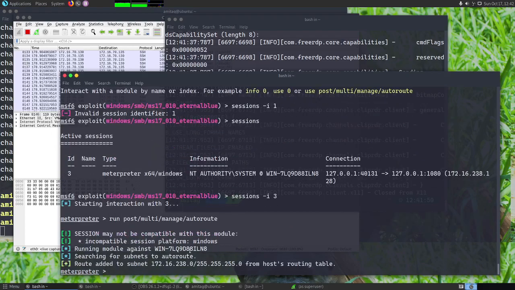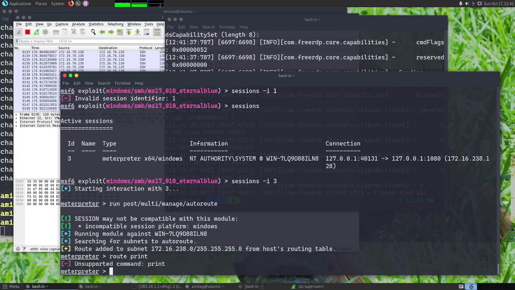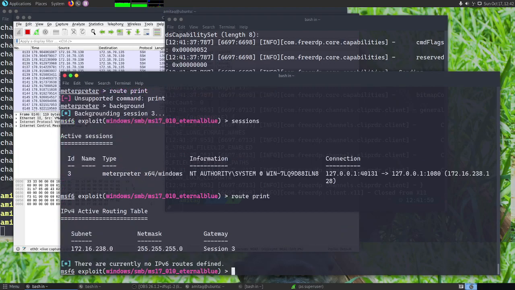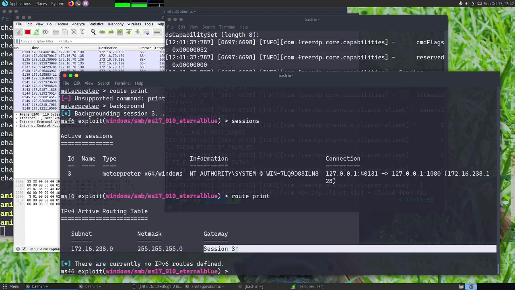This will automatically detect the 238 network and add a route for it, which I can see with route print. Route print will show me that I have added a route for the 238 network through session 3.